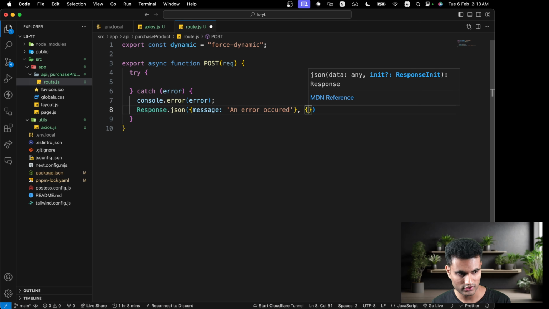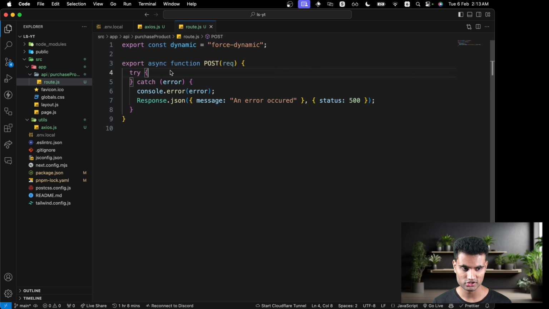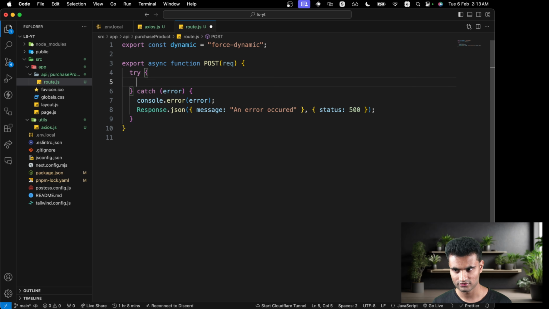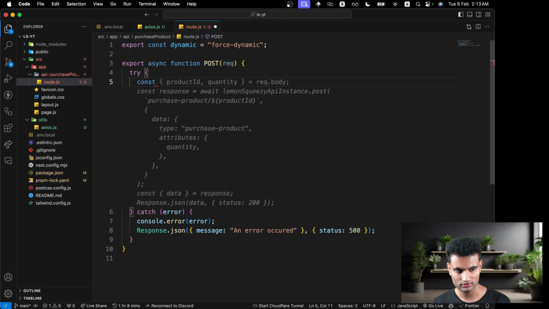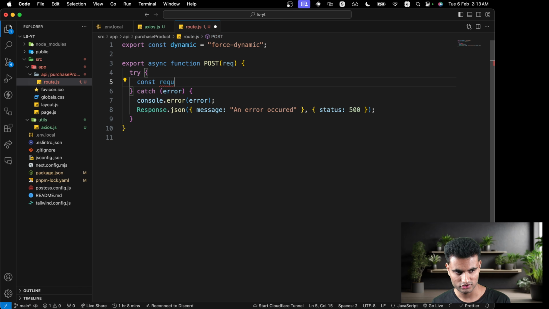And the next thing we are going to have is a status, which we are going to pass in a 500, mentioning that it's internal server error. Now we can work with stuff. Now let's get the data from the post request. So const data, request data, and then we are going to have